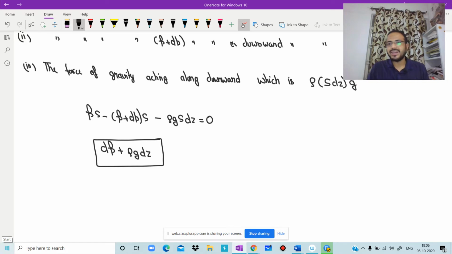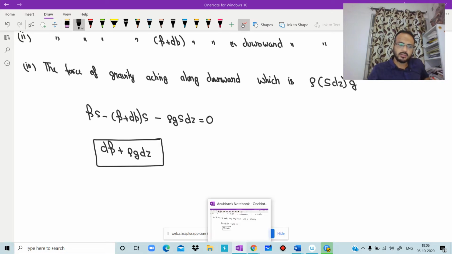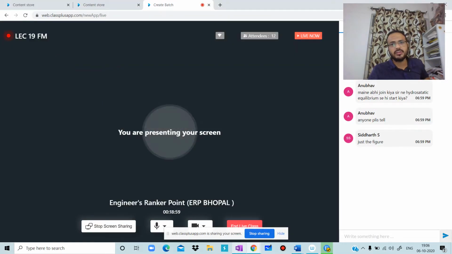But we cannot directly integrate this equation because if the value of rho is going to change, then we are not able to integrate. But if we assume incompressible fluid, then we will take rho outside and we can integrate. In that case, we will have only one variable. I hope up to this point there should be no doubt to any student. Anubhav, Siddharth, Aniket, is it clear to each and every student? Very good. Because that is very simple in nature.